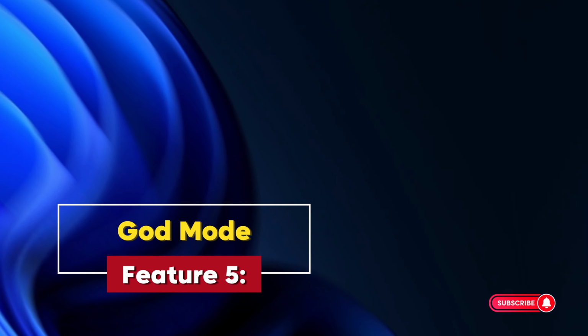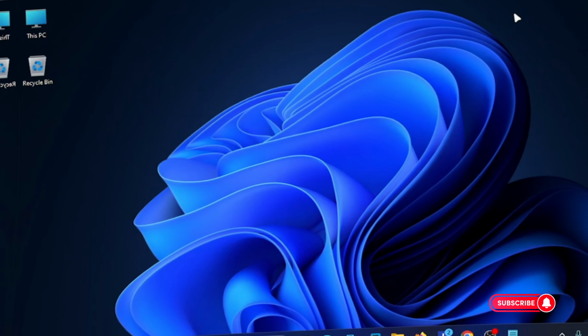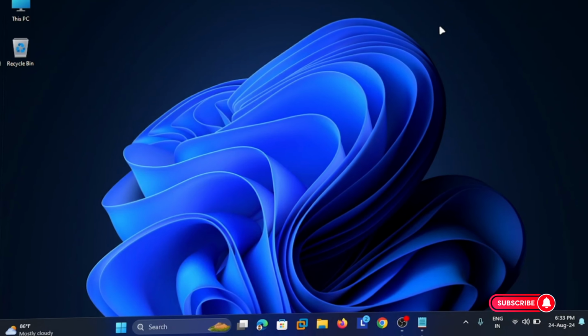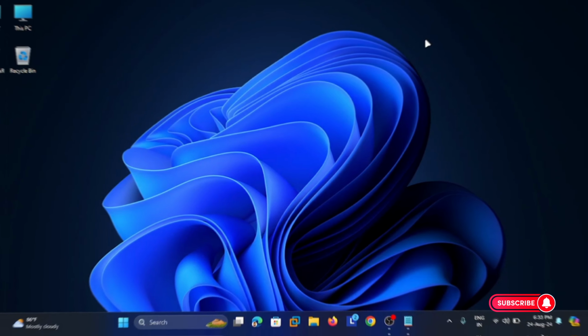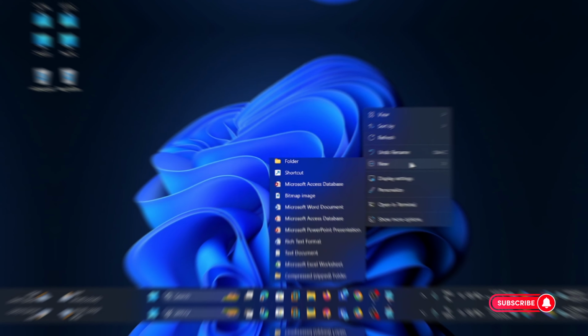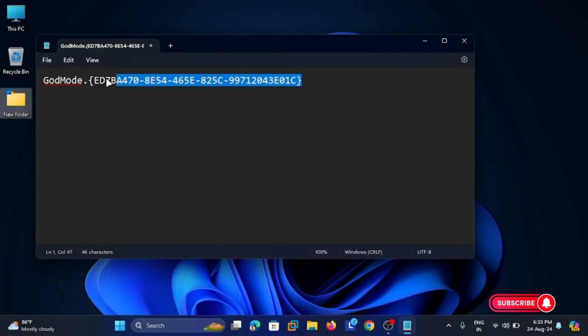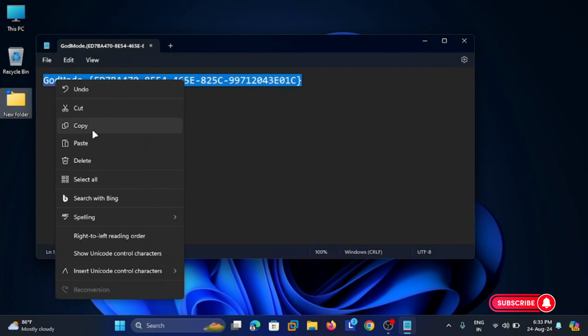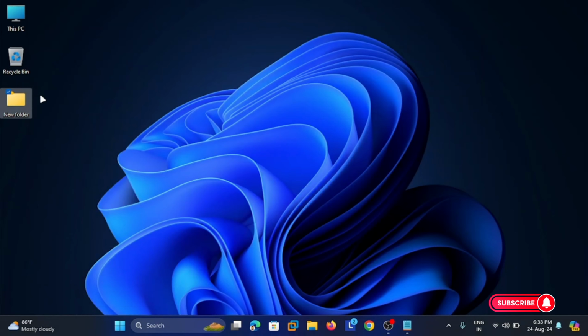And last but not the least, GodMode. This hidden feature gives you access to over 200 system settings all in one place. You just need to create a new folder and rename it to this. I will provide this to you in the description. So you just need to rename the new folder